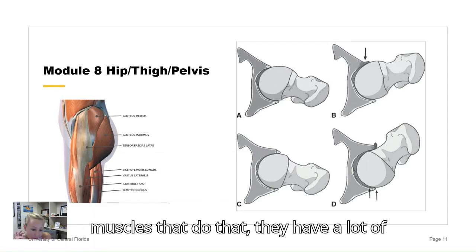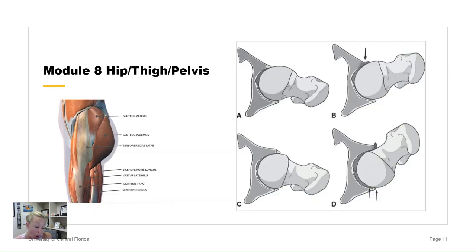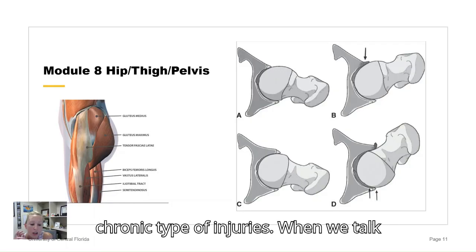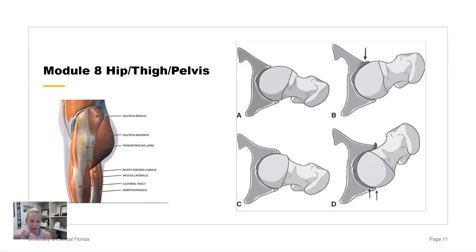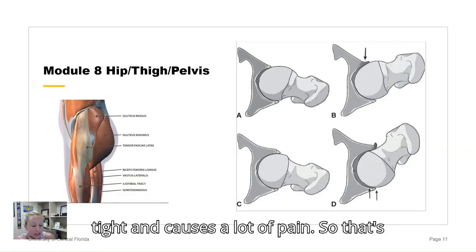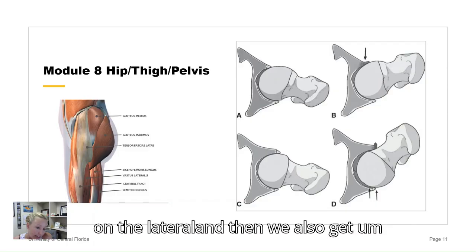So we talked about how the muscles that do that have a lot of problems, right? Because they're crossing two joints, they're bending and moving all of the time, and there's a lot of overuse, chronic types of injuries. But when we talk about a fascia that doesn't have much elasticity, it gets really tight and causes a lot of pain. So that's where we get IT band syndrome in the knee on the lateral side. And then we also get